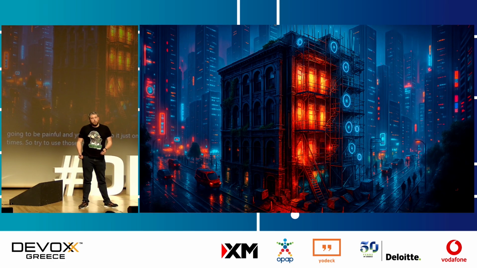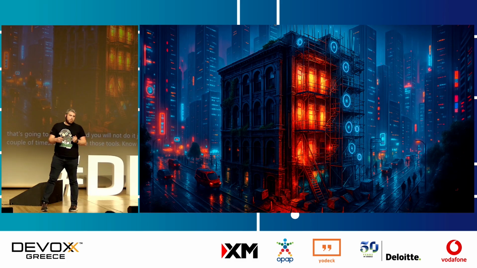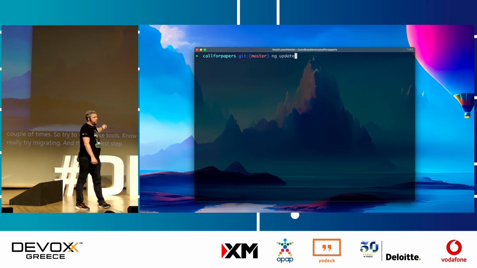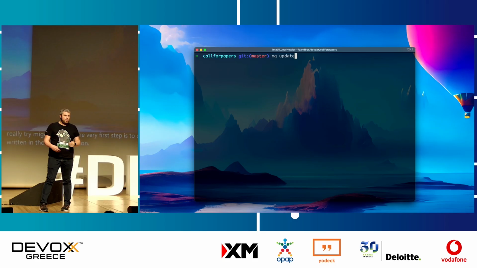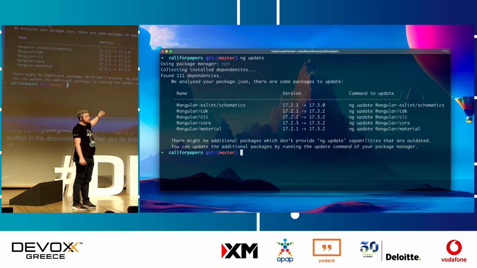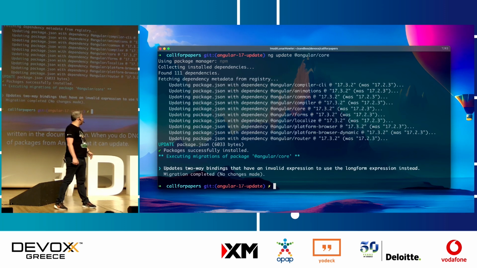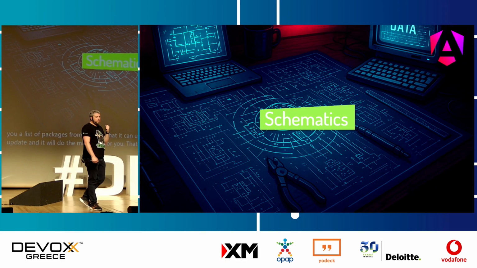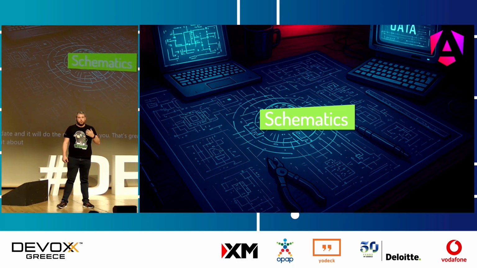Now that we have the tools, we can really try migrating. And the very first step is to do an ng update. That's what's written in the documentation. When you do the ng update, it will give you a list of packages from Angular that it can update. So you can run the ng update, and it will do the migration for you. That's great. But you need to know a bit about how the ng update works, because ng update is a